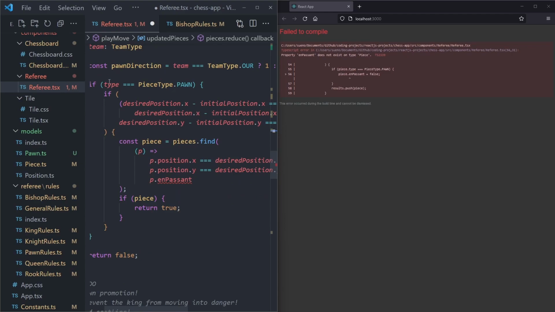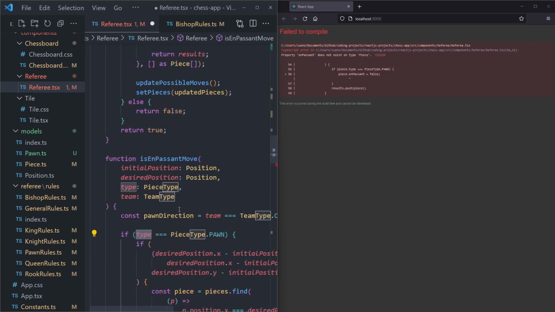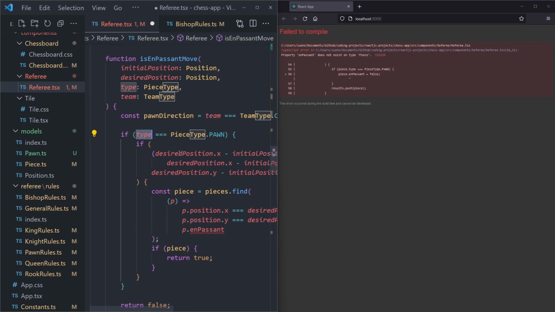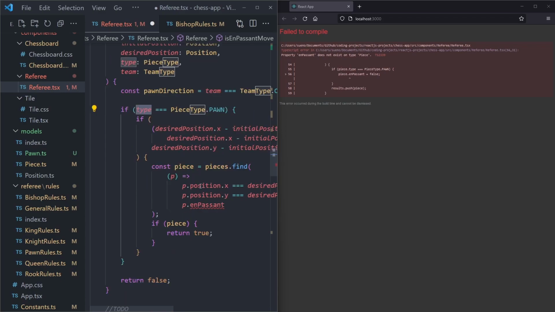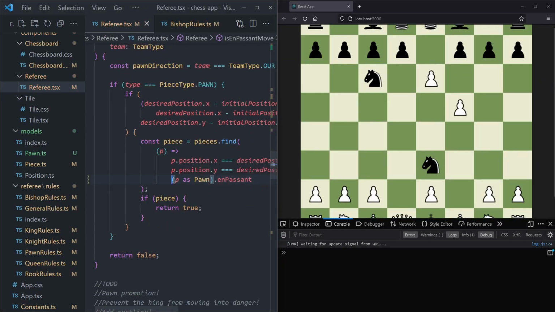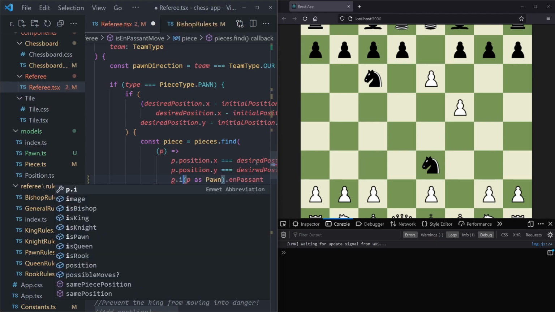So let's see. If type is equal to pieceType.pawn, how do we determine the type? Okay, so the type it gets passed on. So we cannot say isPawn because we don't have the piece right here, which is fine. But let's see, we do know for sure that this will be a pawn. We are looking for a piece that has the enPassant on true, I think. But just to be sure, we want to know if this piece is a pawn. So we say p.isPawn,